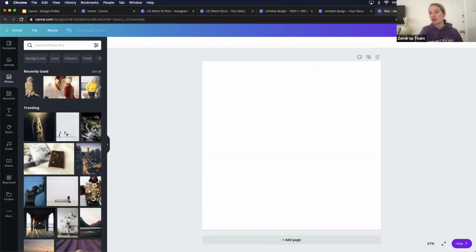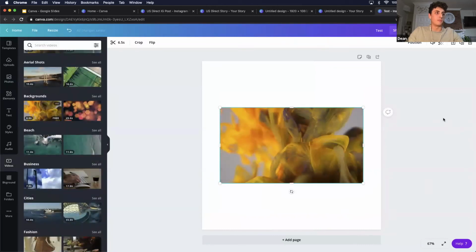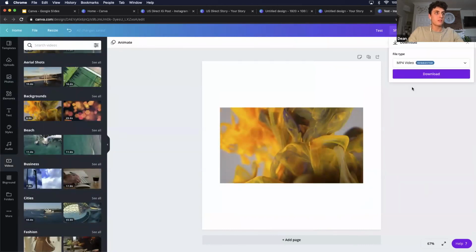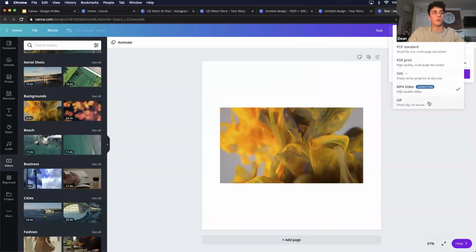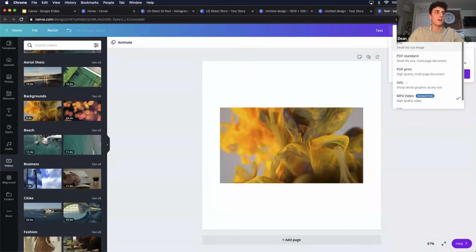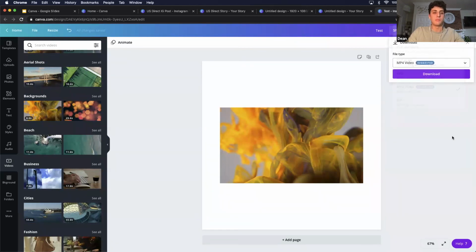So save on PNG only. Yes, if you want it to be transparent, it has to be PNG only. But if you're saving a video ad, you're going to save it as an MP4, preferably, or a GIF. PNGs and MP4s are always my go-to.